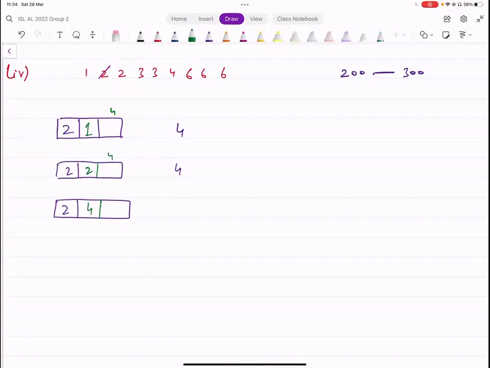So, इसमें भी आपके पास 4 पॉसिबिलिटीज हो गई। सो दैट्स वन पॉसिबिलिटी।